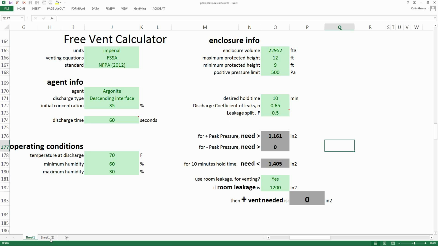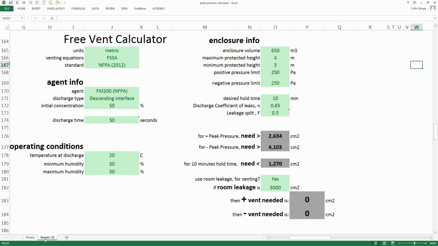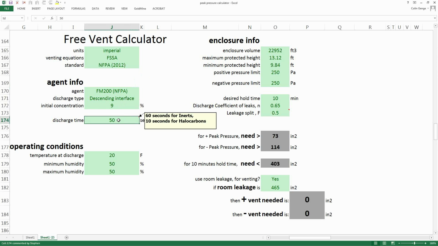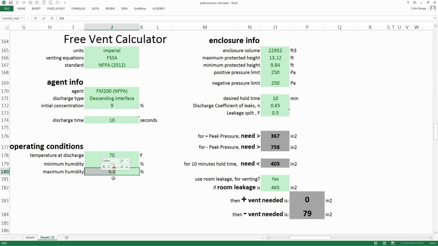Let's take a look at a more complicated example of, let's try a halocarbon and see how that goes. So we're going to change to imperial. We're going to change the agent to, in this case, FM200. Descending interface, initial concentration, say 9%. Discharge time is 10 seconds. Temperature of discharge, 70 degrees Fahrenheit. Minimum humidity, let's say it's 20%. Maximum humidity, 60%. We can do the same volume. Maximum protected height, let's just go 9, 7.5,